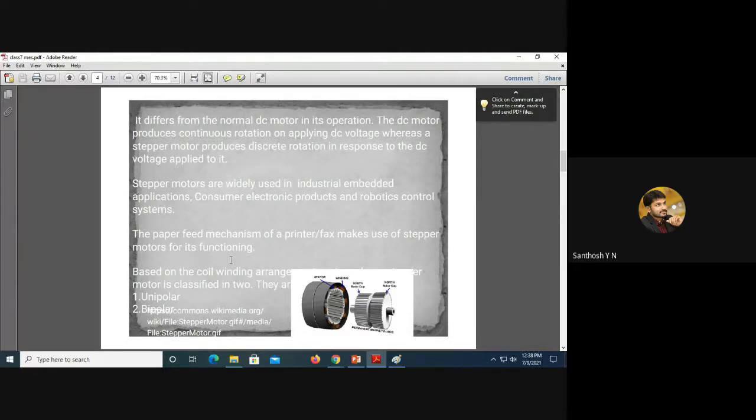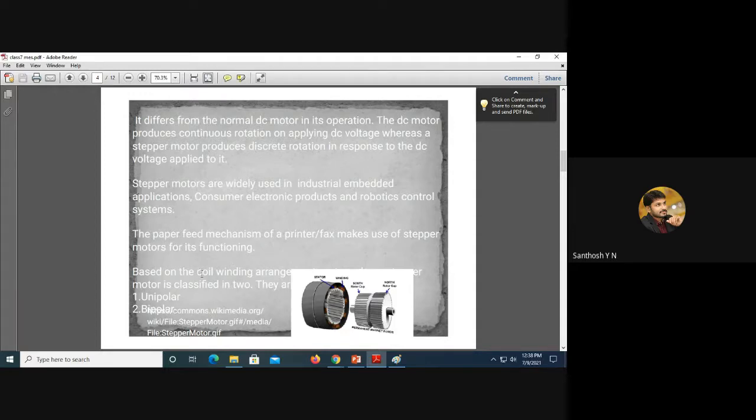Now the printer has to print the second line, so the paper has to move upward only for a single step. The step width or the step angle will already be designed by the programmer itself. So after one line is printed, according to the step, the paper will move upward, and therefore the second line will be printed. I hope you have observed all these things.